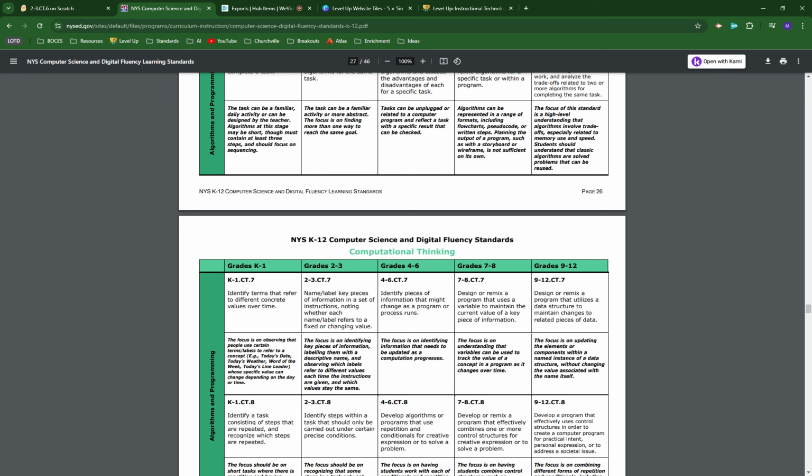And in the clarifying statement, we see some examples might include the weather, right? There's always weather, but it changes from day to day over time. The word of the week, today's line leader, right? These are all things that change, or values that change, that students see every day to help them understand that nature of changing